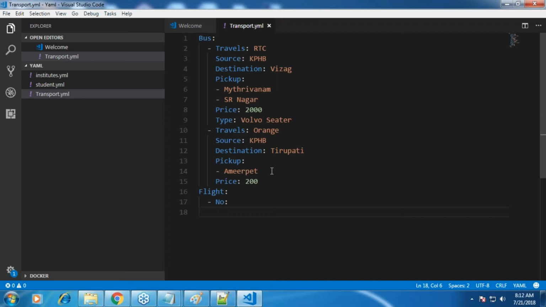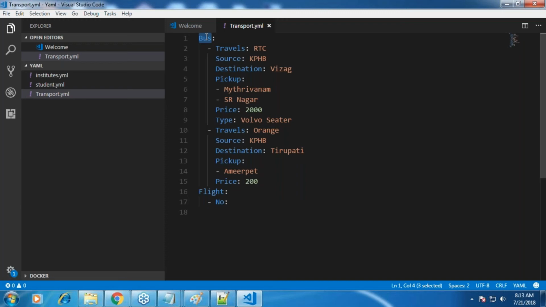So this is what a YAML is. YAML is a very simple representation, right? So you will be writing keys and values, and the value of any key can be string, number, Boolean, list, object. You see any key in here, right? So the value of bus is a list of objects, which is a list at the end of the day.